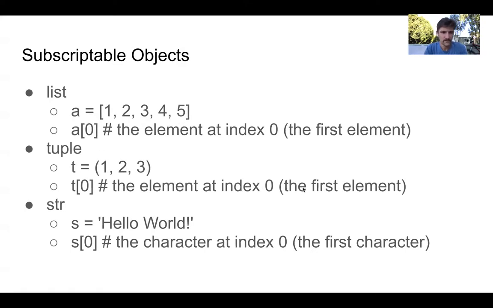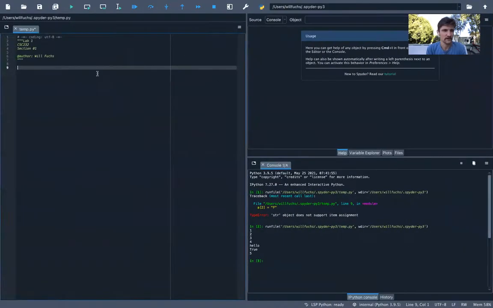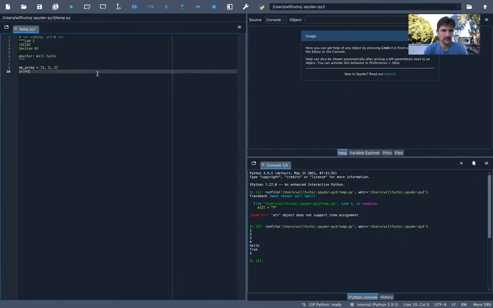So these iterable objects are also subscriptable, which means you can access different elements of them. So if I wanted to pull the 1 out of A, I would do A, square brackets, for access, 0. That's going to give me back this one. And we can see that over here, if I define my array, it's going to be equal to 1, 2, 3, and then print